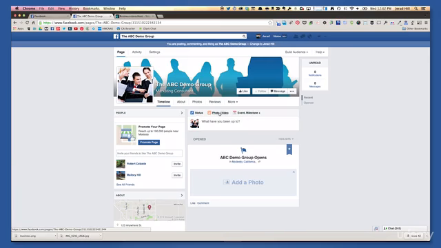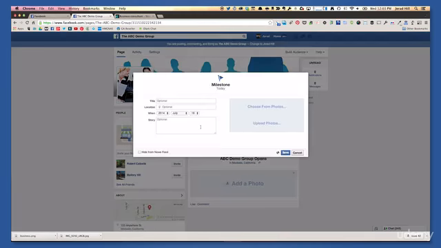The only thing that you can use to post information about the past is by using the milestone option here. And so by adding milestones, you can essentially add information about the past. And that's good information to add as well. You can add a title, location, the date, and then whatever you want that post to be about, and then add a photo. So if your business has been around for a while, add in some of those things over the years.